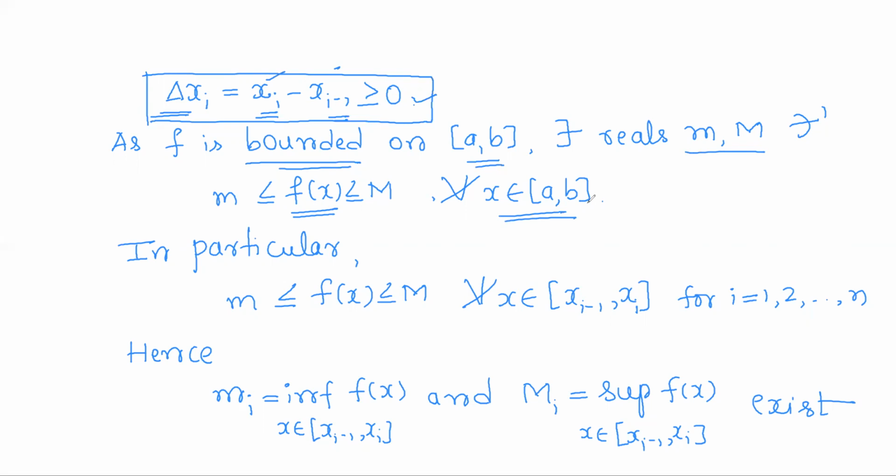Now the closed interval [a, b] is divided into subintervals. So on each subinterval I can have the same. As this is true for all points from a to b, it will be true for any subinterval. So what that means is the set of all numbers f(x) is bounded below and bounded above on each subinterval. So it is a set of real numbers which are bounded below, so by the greatest lower bound property, the infimum exists, and as these numbers are bounded above, by the least upper bound property of R, the supremum exists. So call m_i the infimum and capital M_i the supremum for each i.